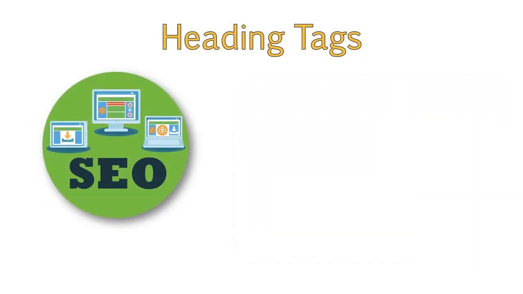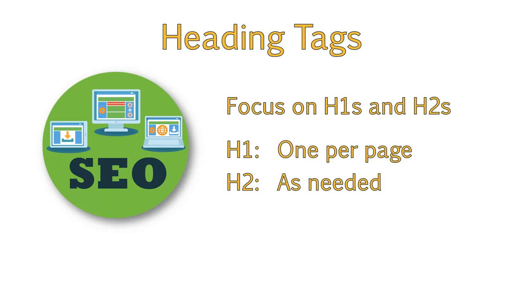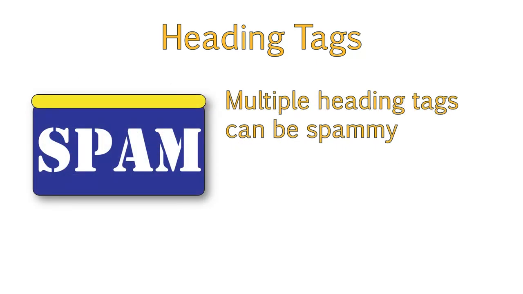Subsequent heading tags, like H3 and so forth, are not really looked at by search engines from an SEO standpoint, so we usually only address H1s and H2s with clients. It's a good idea to stick to one H1 per page, and then use H2s as subsequent heading tags as needed. Don't include multiple unnecessary heading tags on one page just to include keywords, as this can make a page